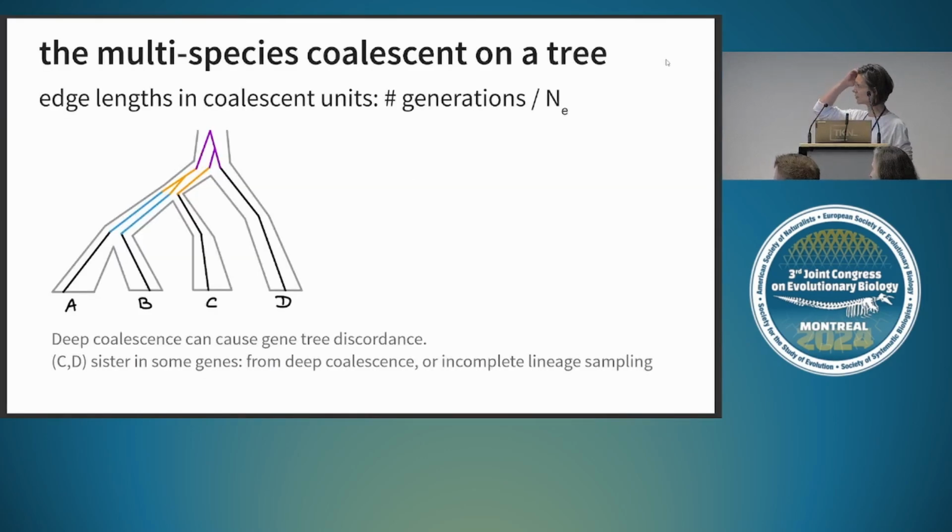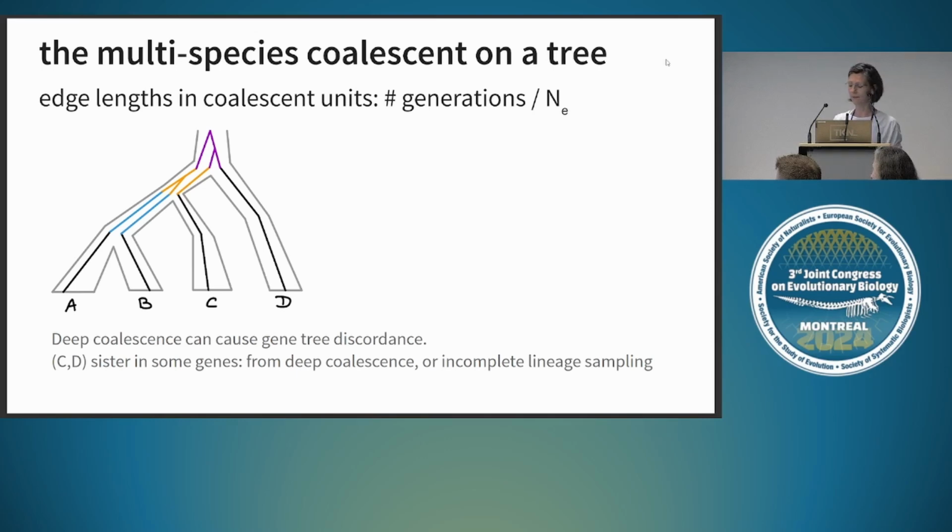So this is on a tree, and just to remind you that the coalescent model on a tree needs to have edge lengths in coalescent units, which are number of generations divided by population size. And this cartoon is just to say that C and D in some gene trees can appear as sister